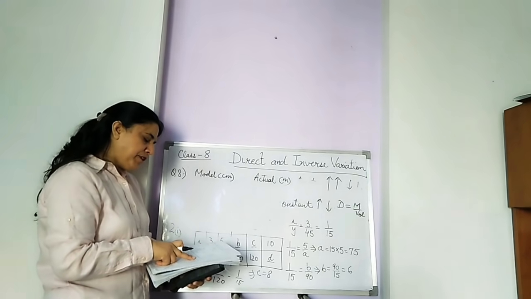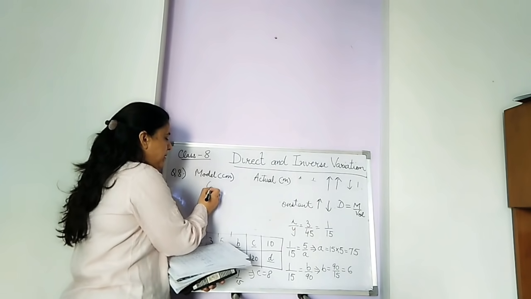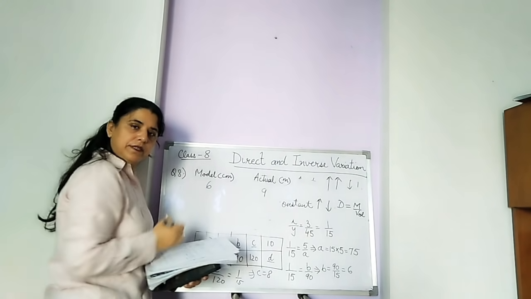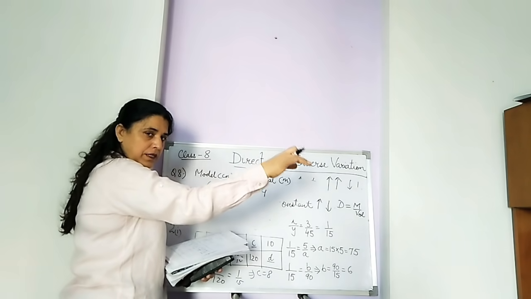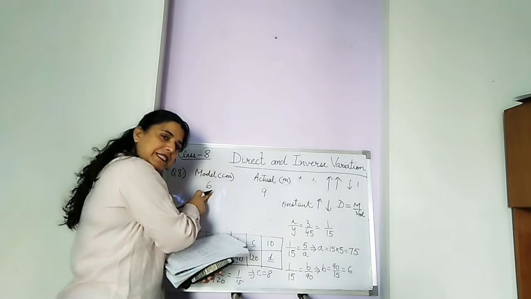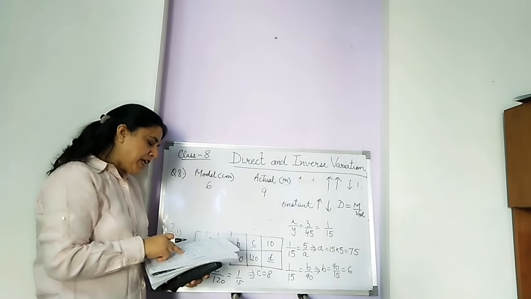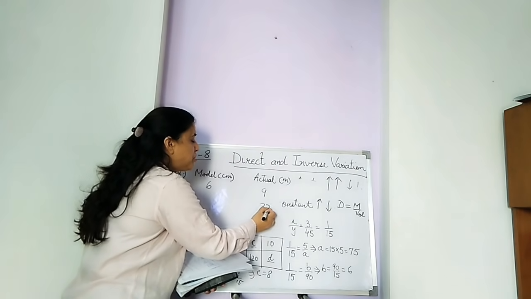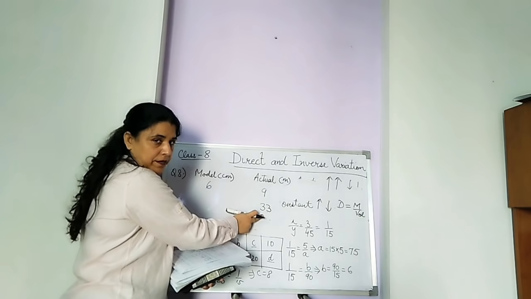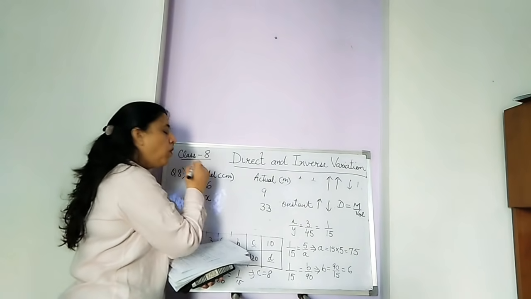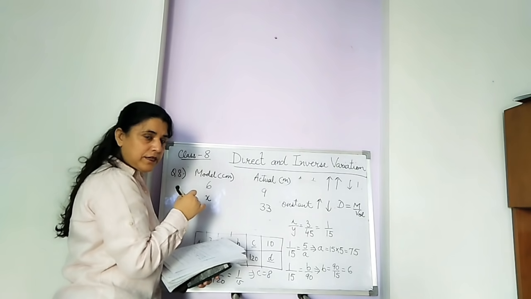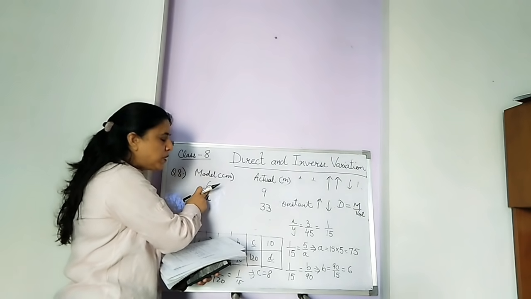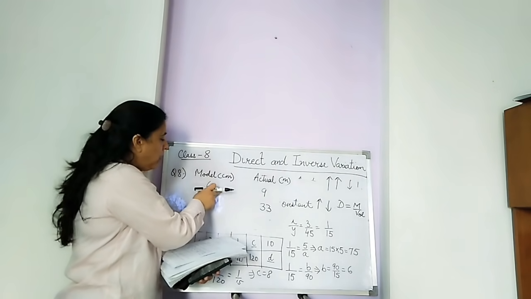Now the flagstaff in a model is 6 centimeters high, while the mast of the actual ship is 9 meters. Actually, 9 meters is being represented by 6 centimeters on the model. Now it is saying if the length of the ship is 33 meters. Now the actual length of the ship is 33 meters, so it comes here. What is its length on the model? Getting it? This was the actual length of the flagstaff, in meters, and it was represented by 6 centimeters on the model.